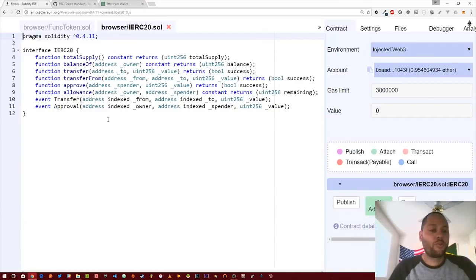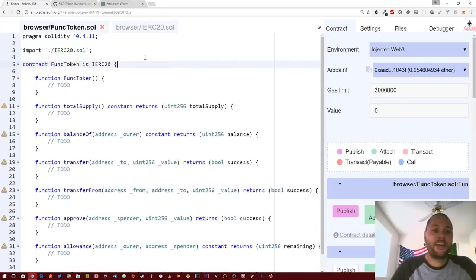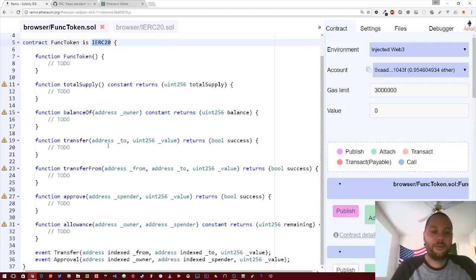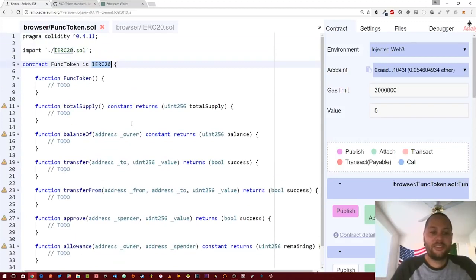So coming into our Remix IDE, I've basically copied all of those methods from the proposal and created an interface called ERC20. And then I've created a contract that imports that file and then implements that interface. So we actually have to implement these functions because this token contract doesn't do anything. So we've got this func token,